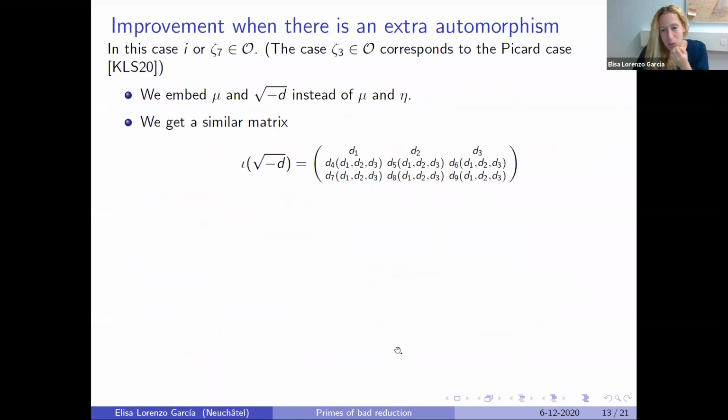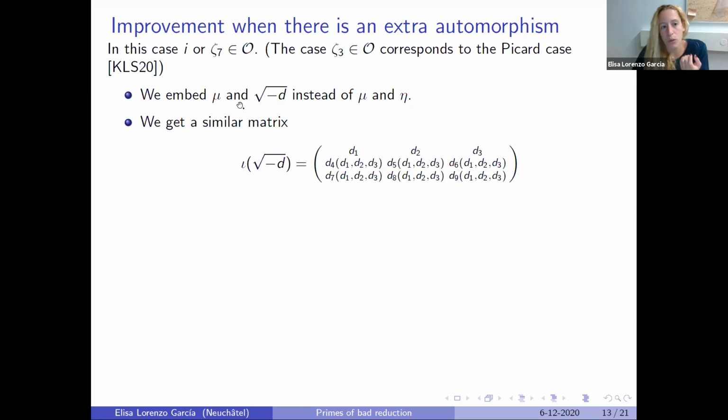So there is an even better improvement on this algorithm. I think I still have some time, so I'm going to say a few words about this improvement. In the case in which we have i or a 7th root of unity in the order, so the cases in which we have extra automorphisms, we also have the case in which we have a 3rd root of unity in the order, but we know that corresponds to Picard curves. And Picard curves I studied in another paper with Kilitsen and Strem, so I'm not talking about this now. But in these other 2 cases, the strategy to compute the number of solutions,